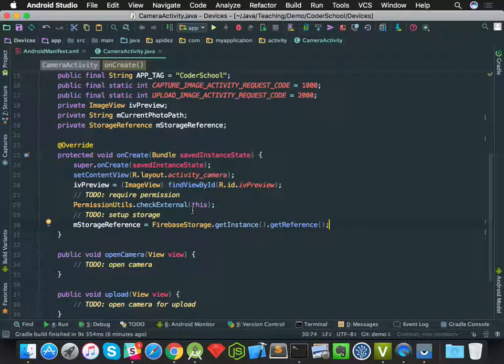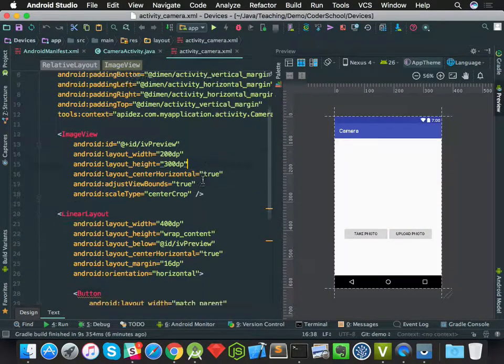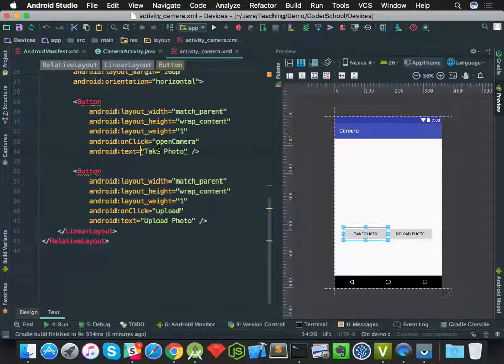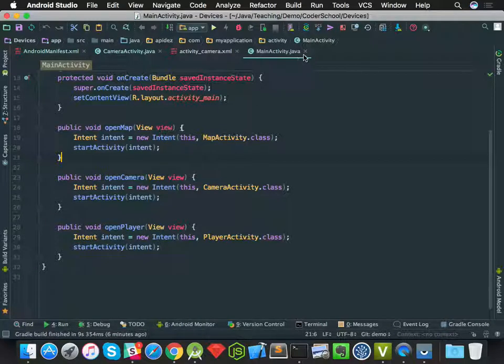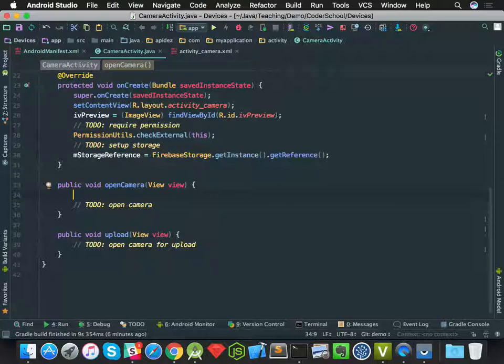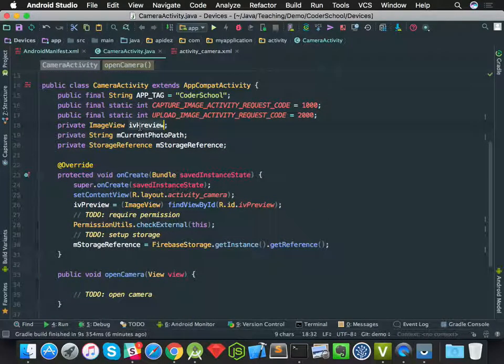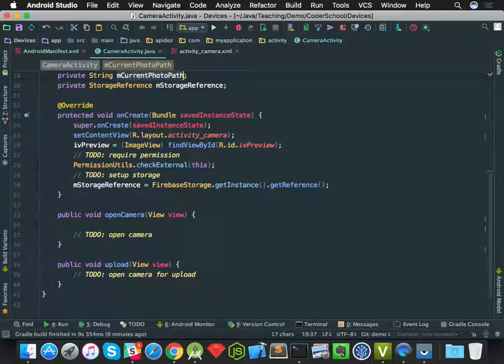It's like the database Firebase reference. And in here, I have two buttons: on click open camera and on click upload. Open camera, this one. Okay, open camera here, and we try to open the camera. First I have the image view and the current photo path. You have to create a file and store the path of the file into the current photo path here,